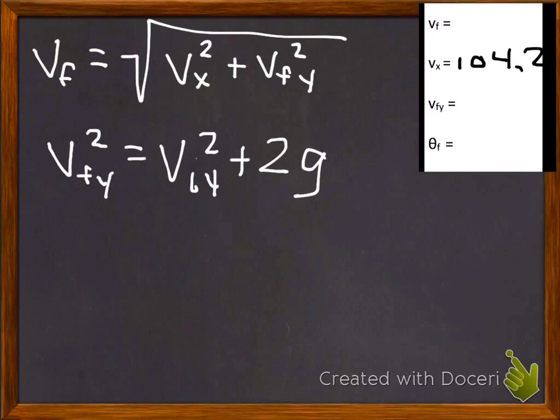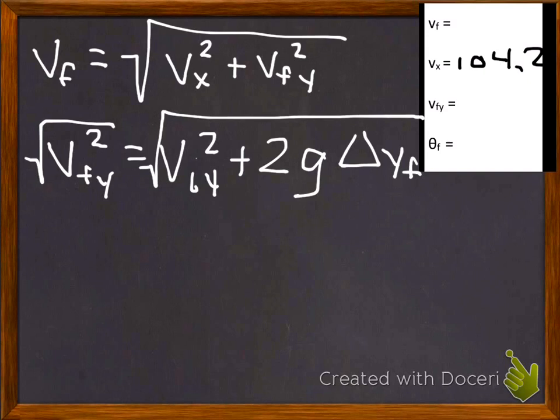And since we're talking about v at the very end, we'll talk about delta y at the very end. Alright, so the VFY here is squared. If we take a square root of both sides, remember to get the whole side, then we'll have VFY totally by itself. So it'll look like VFY equals,